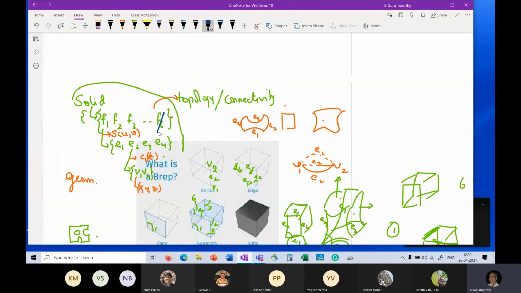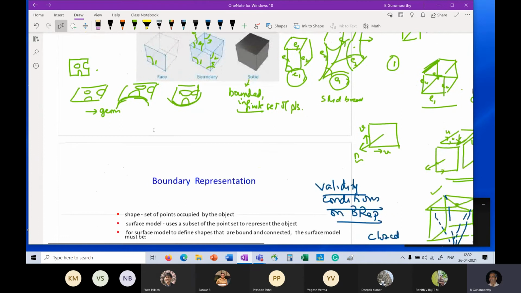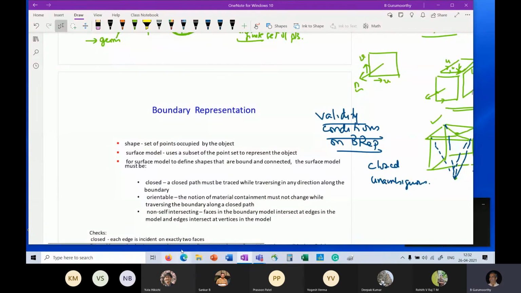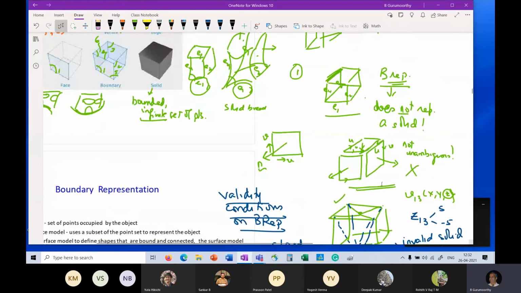How will you determine, automatically, or how will the computer know that you have not actually constructed the boundary of a closed solid? How will it work? What will the check be? Anyone has a guess?